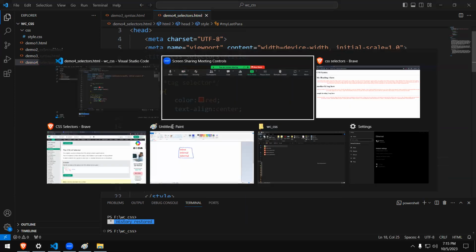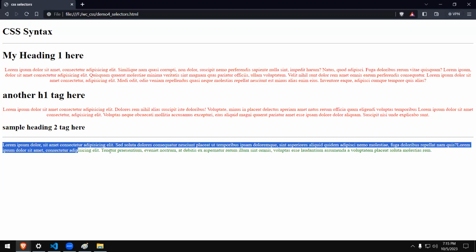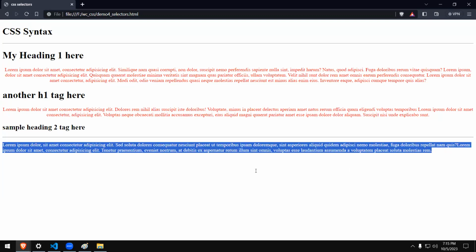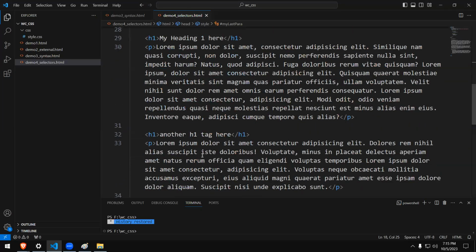Right. Let's reload this and see what happens. Now we'll see whether we can target only this paragraph and have formatting on that. Let's reload this. There you can see we target only that particular paragraph by using an ID attribute. And please make sure when you are giving ID tags,